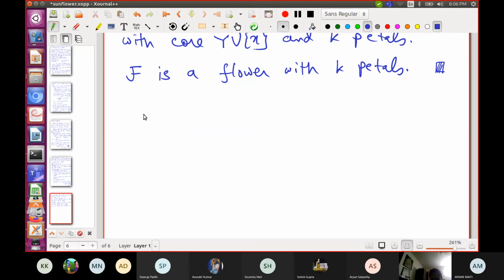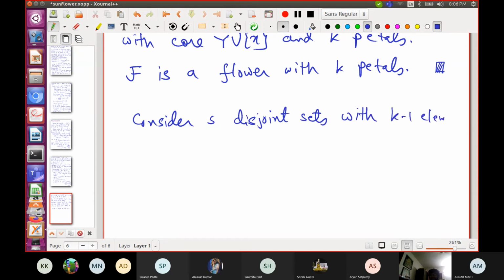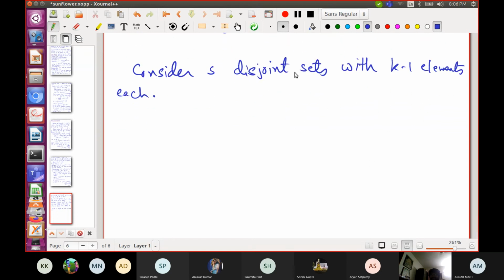So consider s disjoint sets with k minus 1 elements each. If you wish, let's say A1 through As.